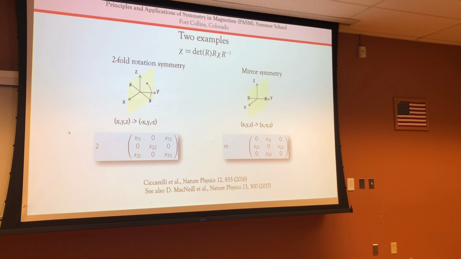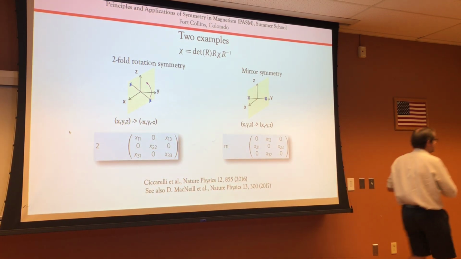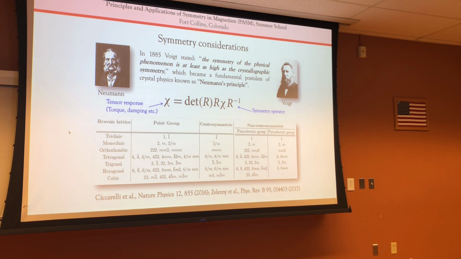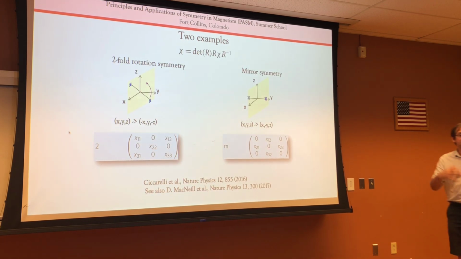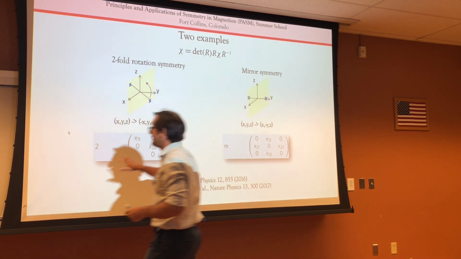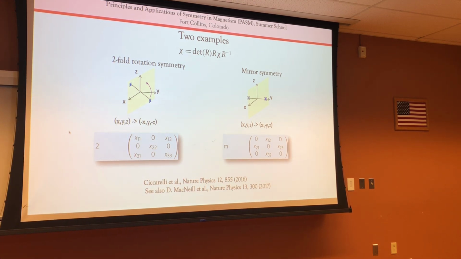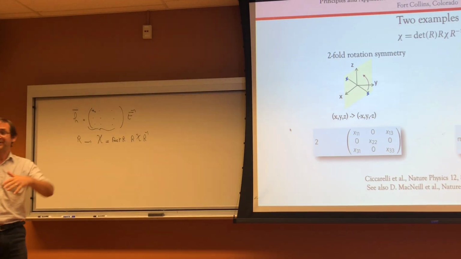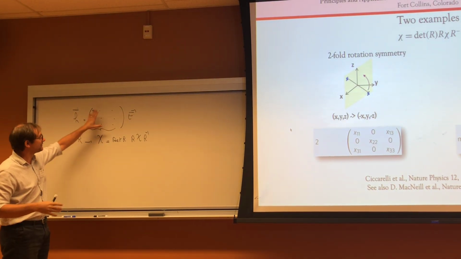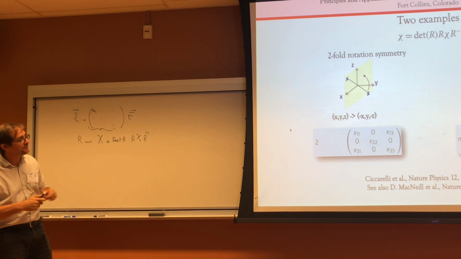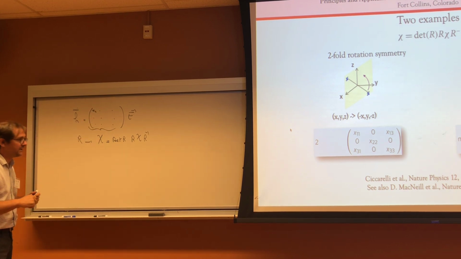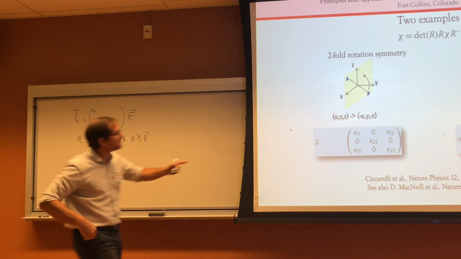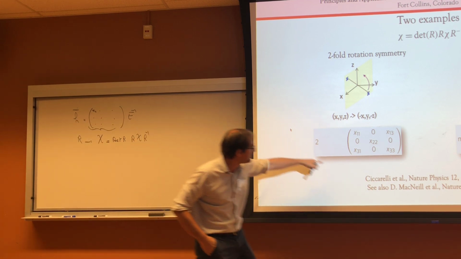I'm not sure that the minus is correct. It's before. Yeah, it's fine. We're not going to do that, because for this transformation it's very easy, but of course if you take a group with 3, 4, 5 different transformations, then you have to do it. You have to take all of them, take your tensor, and deduce all the coefficients based on this analysis. So one example here is that if you have this two-fold rotation, you end up with this form